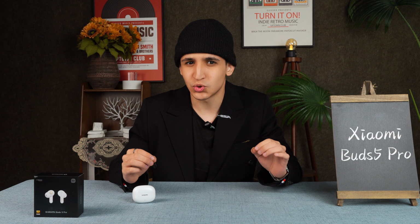Additionally, when noise cancellation mode is enabled, the ear pressure sensation of the Xiaomi Buds 5 Pro is noticeably higher compared to Apple and Sony. For sensitive users, this may cause mild dizziness or a sensation similar to motion sickness within the first 20 minutes of use. To address this, it is recommended to enable the adaptive noise cancellation feature in Xiaomi's companion app to